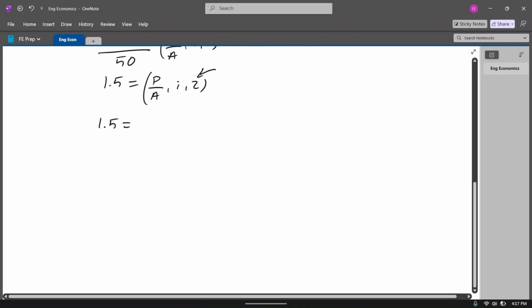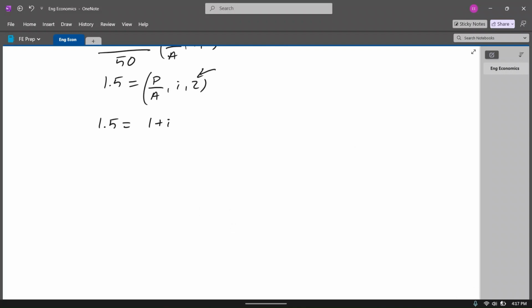So 1.5 is going to be equal to 1 plus I, all raised to the n power, minus 1, all over interest rate times 1 plus interest rate to the n, and let's just put parentheses just so we know that we're going to be multiplying. So there's probably some neat tricks that we can use to actually solve for I in this situation. Multiply this over and then divide, maybe use the log, but that would be too long since for the FE exam we're only given around 2 minutes per question and we want to make this as quick as possible. So let's just plug in the options that we have.